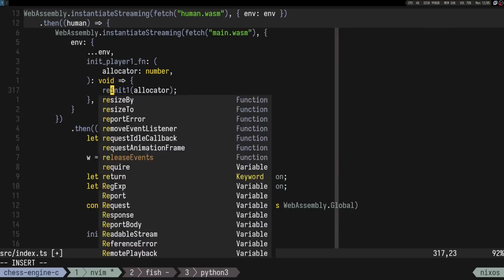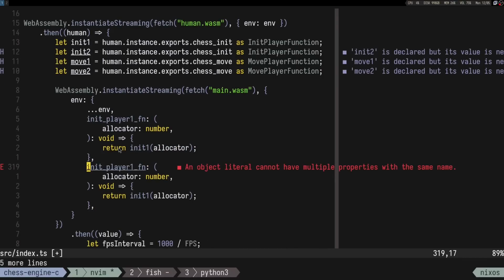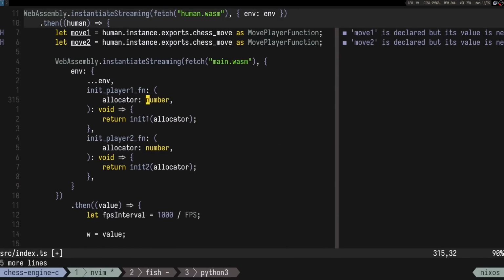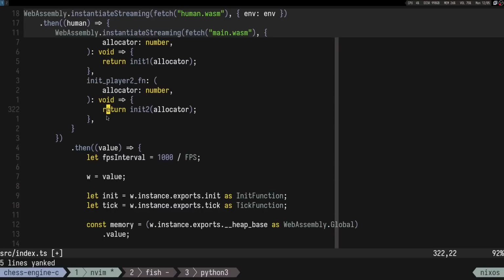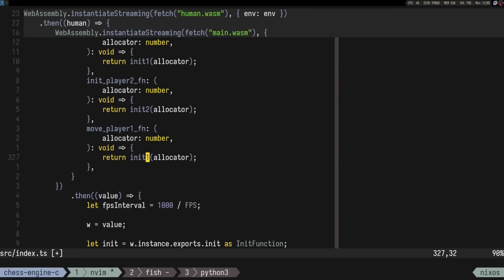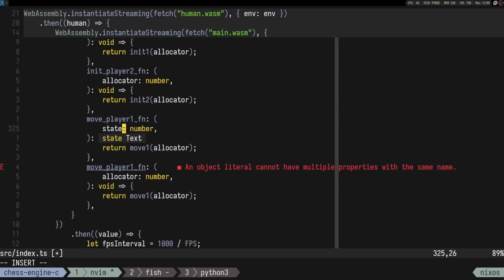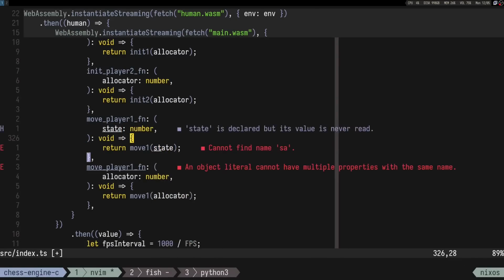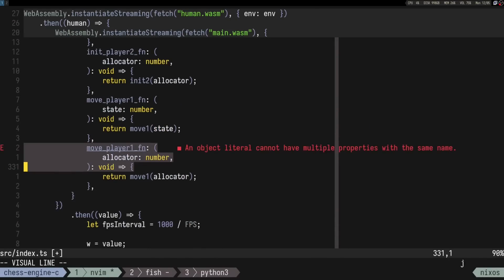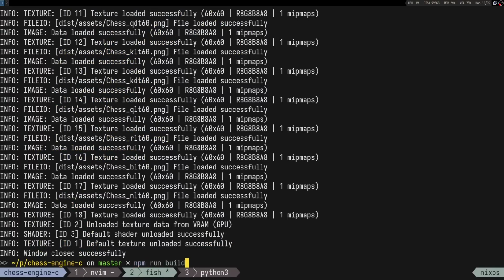Cannot I just... I guess I don't really know. Let's see if this thing is gonna work. So then we need move player one, which is just move one, and it takes the state, and move player two, which should take the state as well. So let's npm run build,